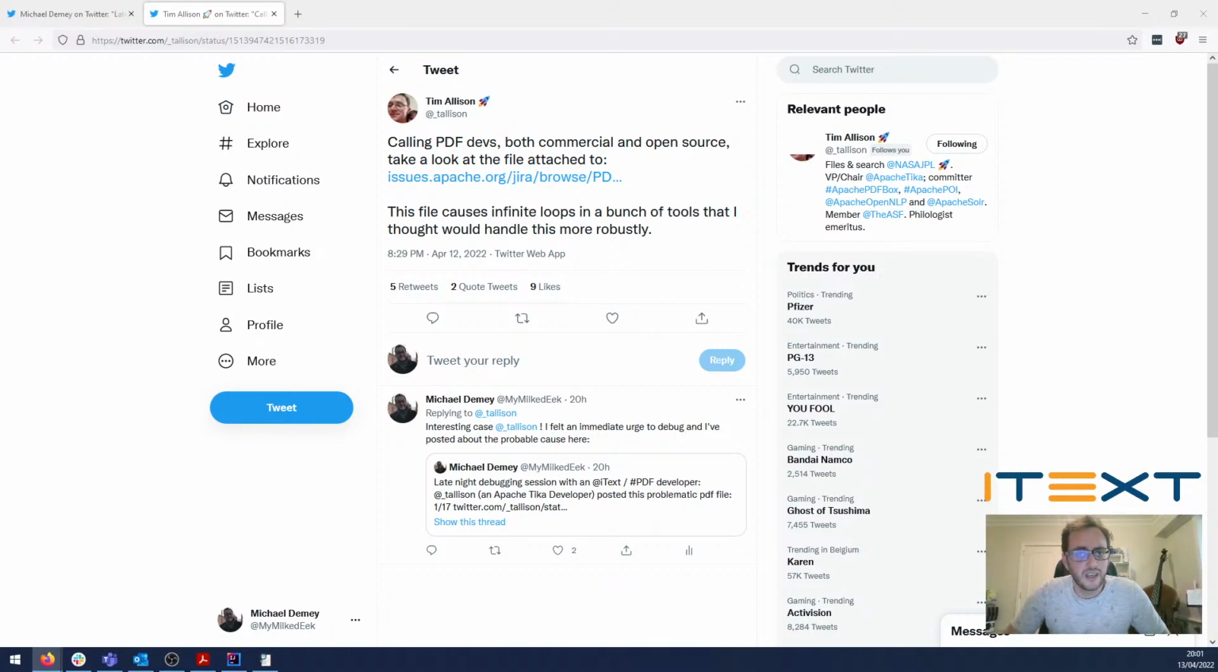So this is a RUPS session, meaning that we are going to highlight how to use RUPS, and we'll see how I came about a solution, or at least the cause of an issue last night. So first of all, let's take a look at the actual problem. Last night, Tim Allison, a developer from Apache Tika, give him a follow on